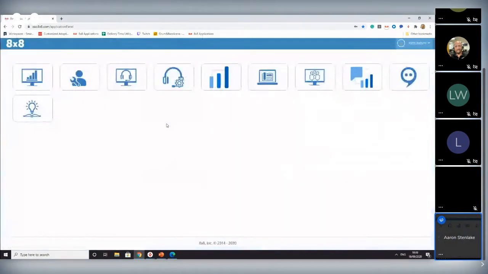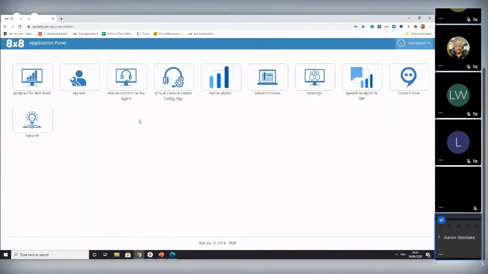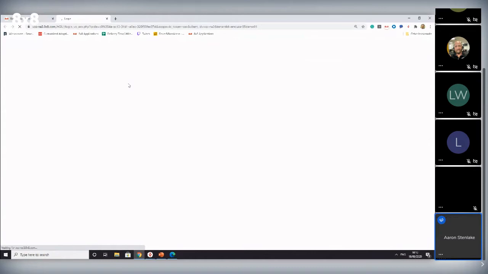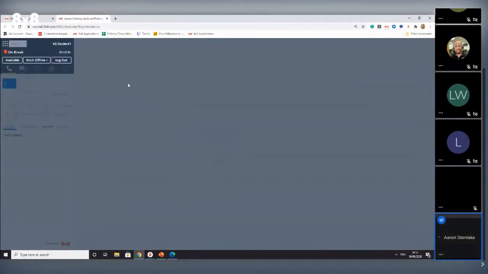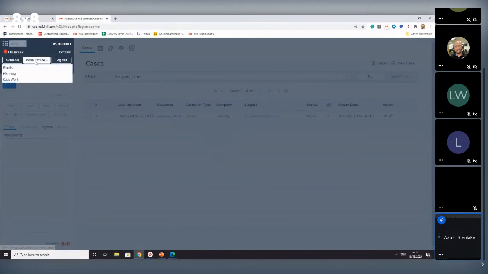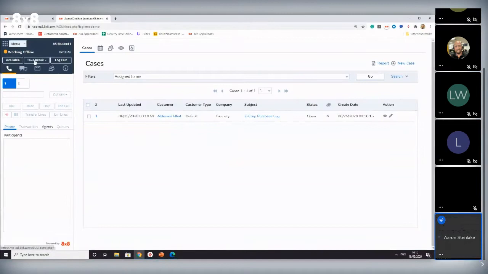There we go. So here's our application panel. To navigate through to our monitoring, all we need to do is click on the virtual contact center agent here. Upon logging in, you'll see that your state will put you in a break. So to access and navigate through to your monitoring tool or function, you'll first need to put yourself into either work offline or available. So for this case, I'm just going to be putting myself into work offline, and now